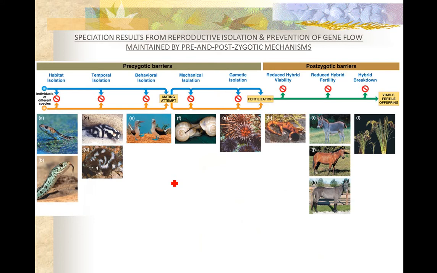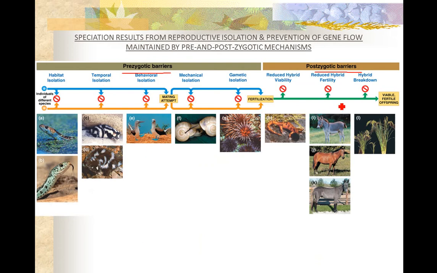So I would pause the video here and take a look at this. There's tons of barriers to separating species. Nature favors the heterozygous. And when I did a video on natural selection patterns, we talked about disruptive and stabilizing and directional. Well, I also mentioned prezygotic barriers and postzygotic. A prezygotic barrier is pretty much a barrier to prevent sexual reproduction to produce an offspring, and this is a barrier after.